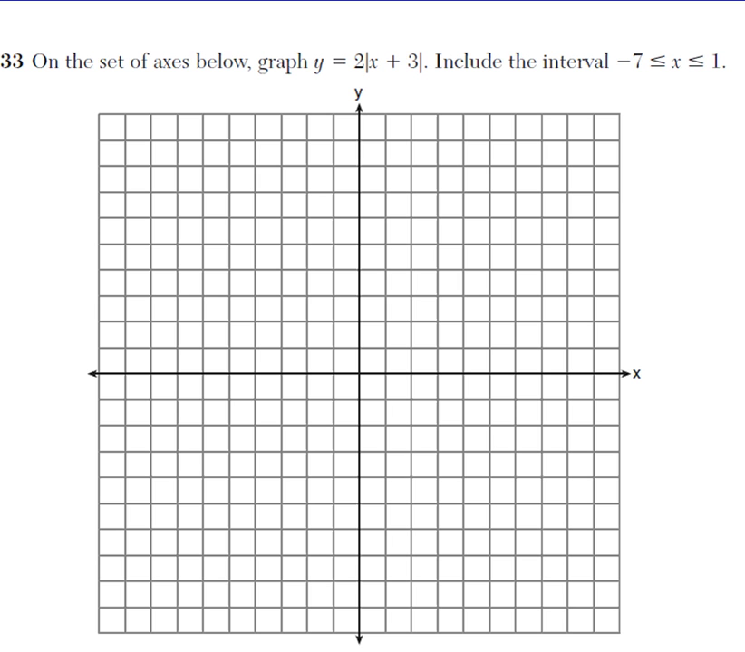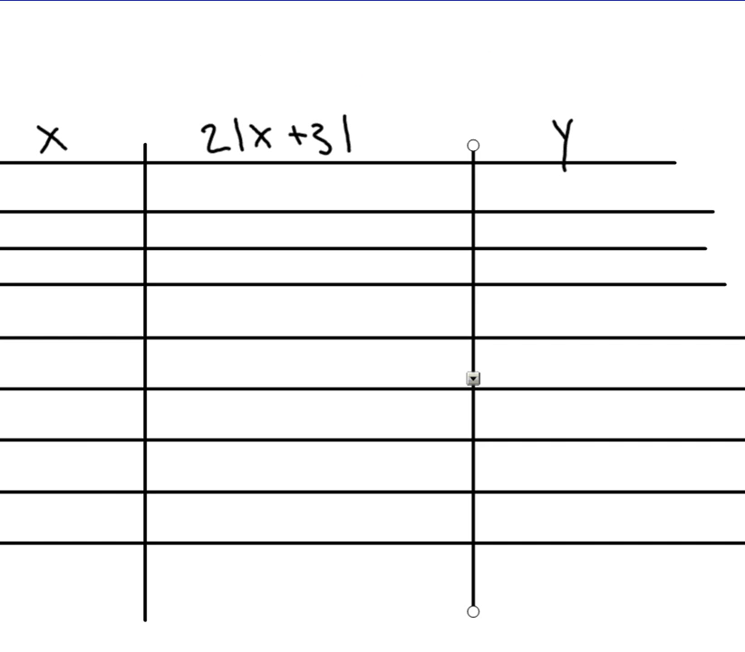On the set of axes below, graph y equals 2 times the absolute value of x plus 3. Include the interval: x is greater than or equal to negative 7 and less than or equal to 1. Okay, so what we can do for this is set up a table of values,